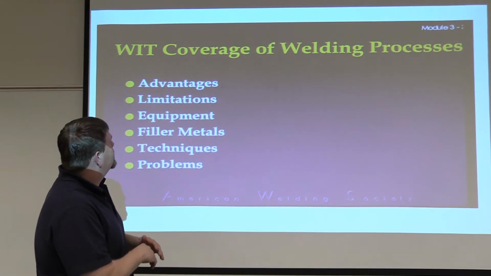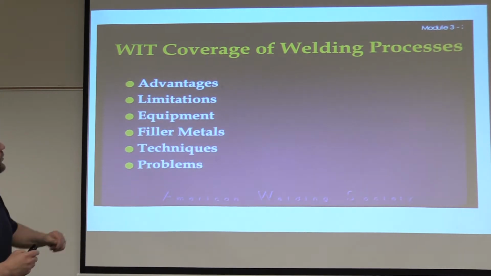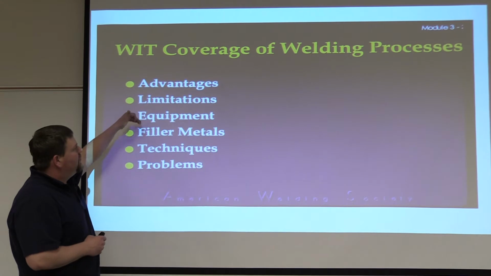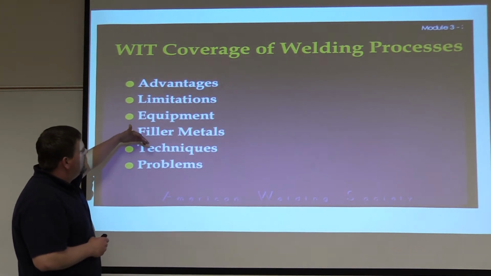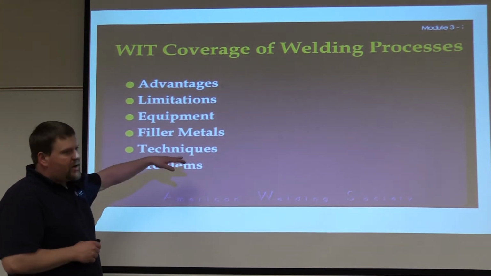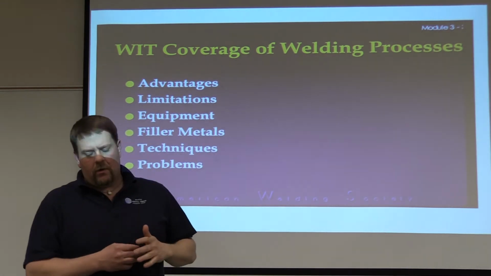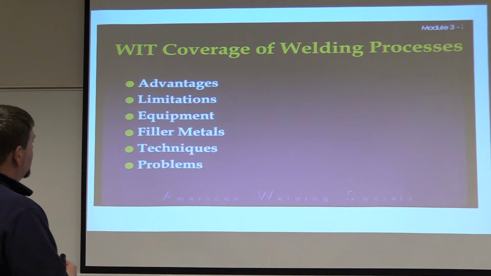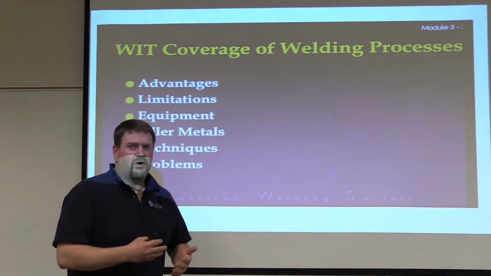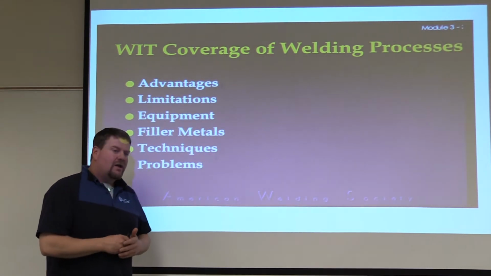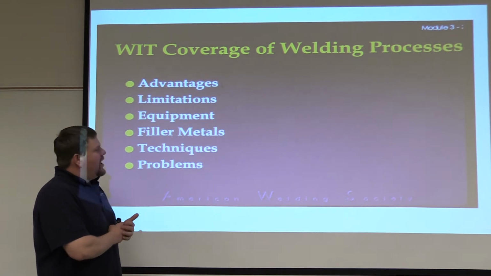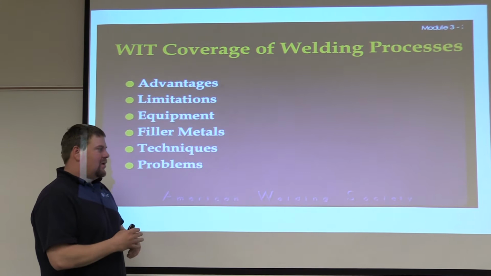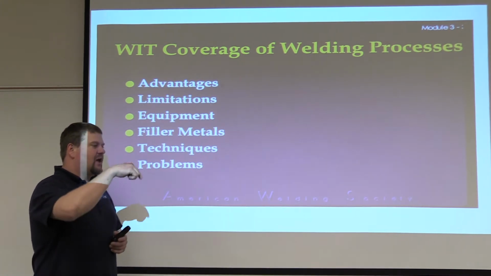All right. So we're going to talk about welding processes. Number one, some of the advantages of each process, the limitations of each process, the type of equipment required, filler metals, techniques, and problems. Filler metals specifically is where we've grown rapidly in technology in the last 5 years, particularly, but 10 even more. There is a flux core stainless TIG rod out there. Some of the alloying materials for aluminum, especially, 3D printing alone, we just made a huge advancement in additive manufacturing,